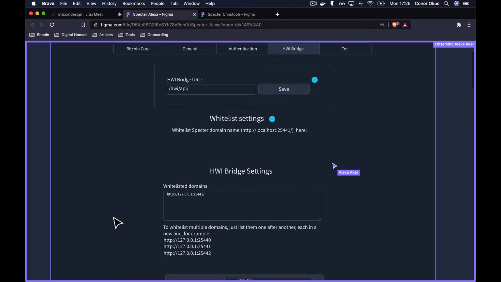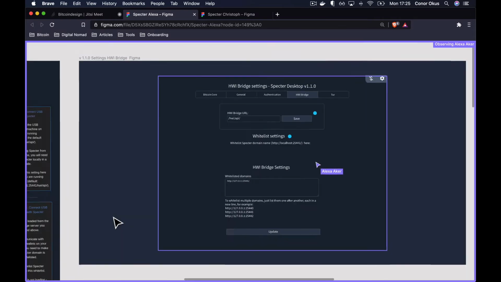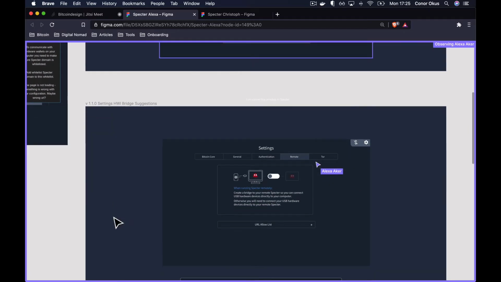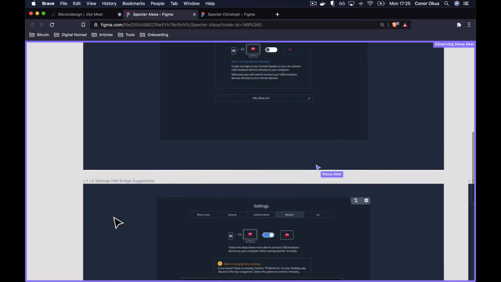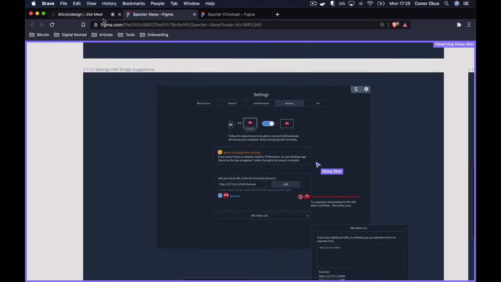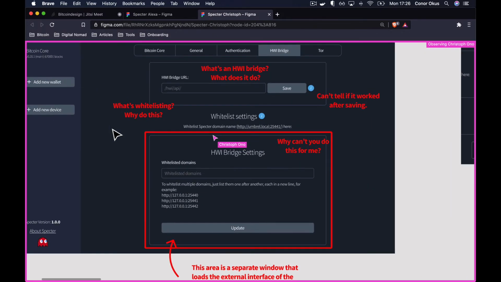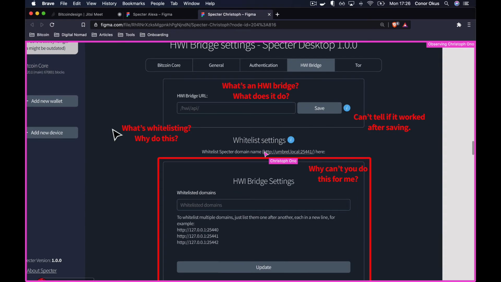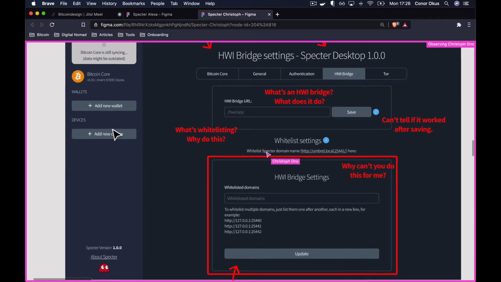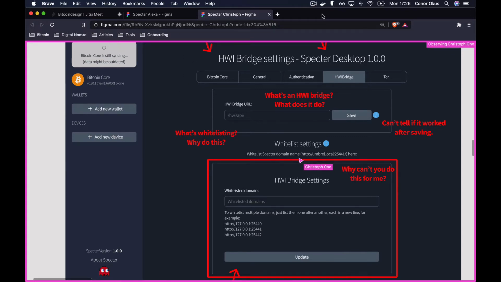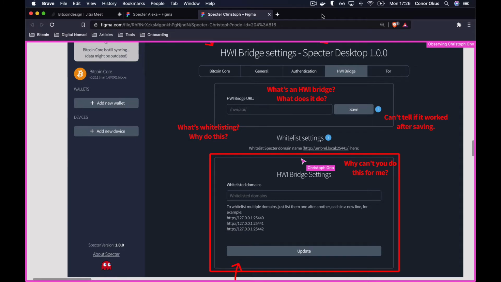Yeah, I also spent a lot of time thinking about this, and that goes back to the inception issue at the beginning. And maybe for everybody watching, or people who are not working on the project, just to clarify: when you configure Specter, you have to whitelist Specter with the remote Specter, with the bridge. So the bridge allows the connection from there. The way you do that is you copy this URL here. It tells you already what the URL is,